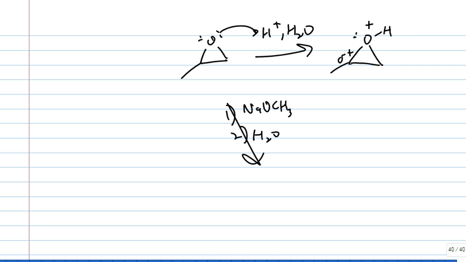So that means when the water comes in, let's actually, I forgot something. I forgot to put the wedges in there, I'm sorry. That's important because remember we talked about SN2? In SN2, the nucleophile came in the opposite way to the leaving group. It's the same idea here. What's going to happen